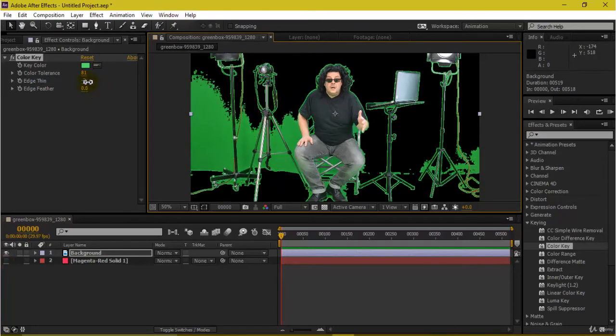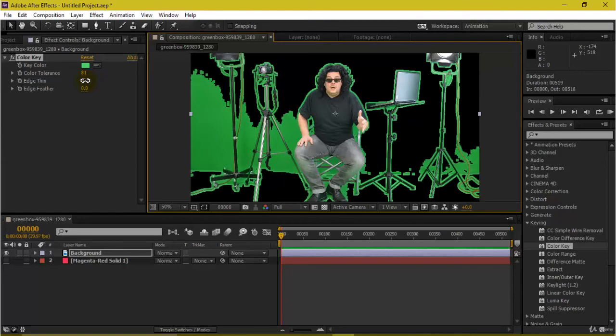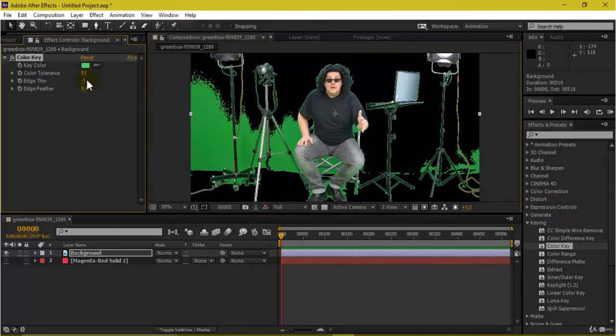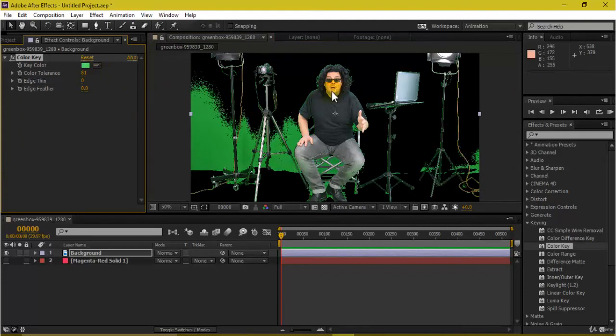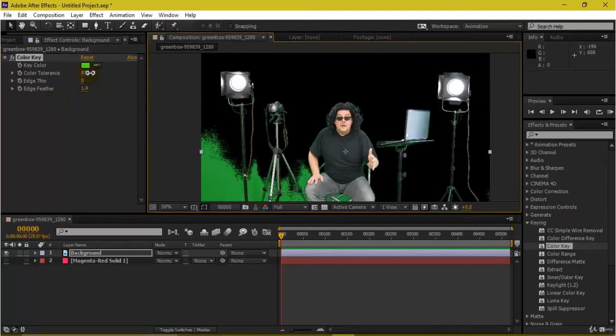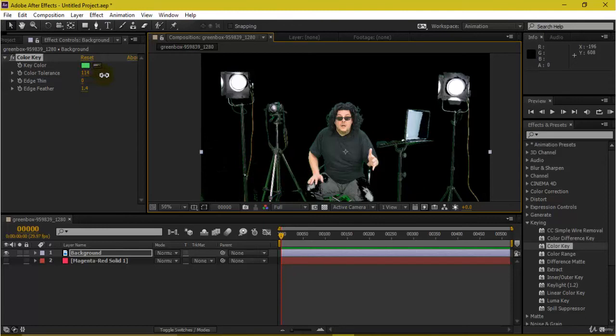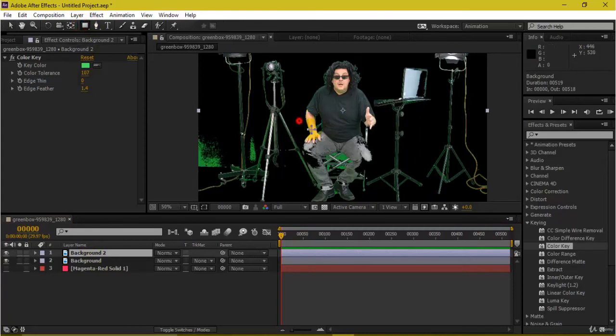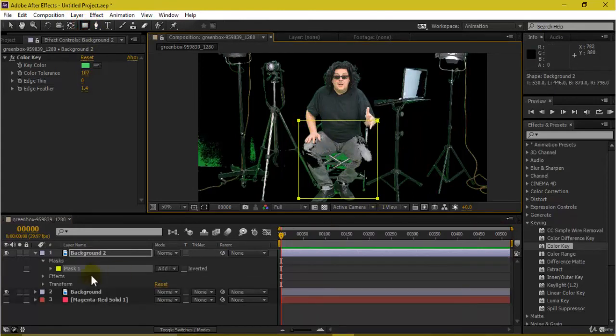Now if you increase the edge thin, it is creating an overall stroke kind of effect, or it is adding thickness on my layer on my edges here, or rather it is expanding my edges. In this case, you can just duplicate this and mask this area out a bit.